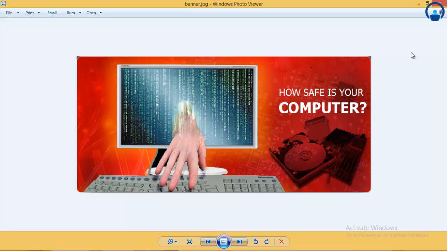But this is as of today, and after 1 week there may be new updates, more 0-day vulnerabilities, and more kinds of trojans that I won't be able to secure you from. Also, this is just for educational purposes only, and anything used for malicious purposes, I don't take any responsibility for that, nor does my company.